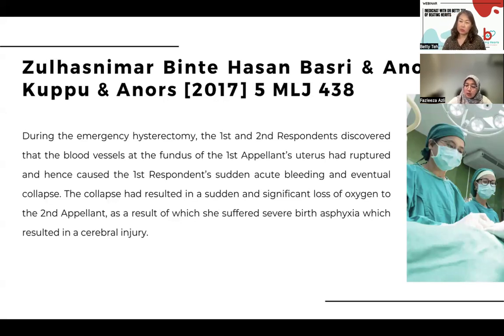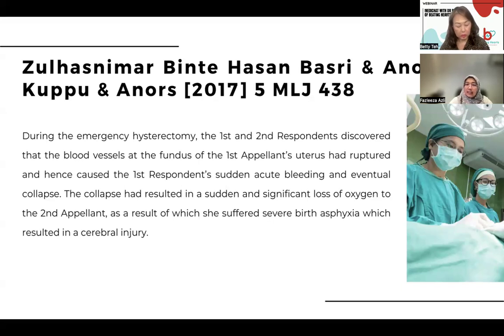Then only that particular expert opinion would be accepted by the court. So when it comes to Bolam, to make it simpler, in order for the court to decide whether there's negligence or otherwise, the court must be guided by the expert opinion produced by both parties, i.e. by the plaintiff and also by the defendant. Defendants here, I'm referring to the doctors. Plaintiff here, I'm referring to the patient. And upon considering the expert opinion, the court should decide accordingly whether there should be any negligence or otherwise.